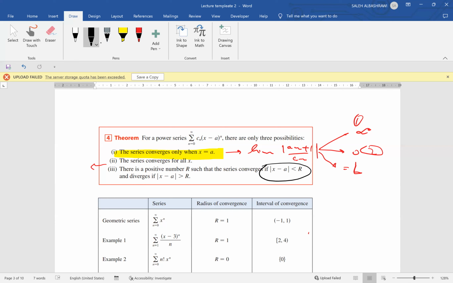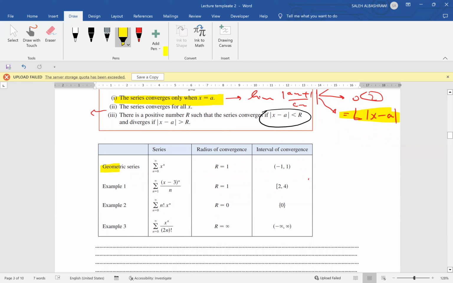In the third case, there is a positive number r such that the series converges if the absolute value of x minus a is less than r. Or I can say we call it L multiplied by the absolute value of x minus a, where L is a finite number. In this third case, we have a positive number r, for which if x minus a is less than r, the series will converge, and if x minus a is greater than r, then it is divergent. For example,